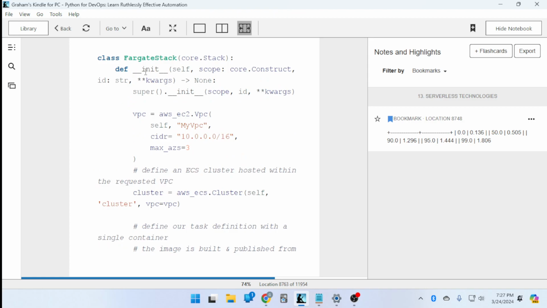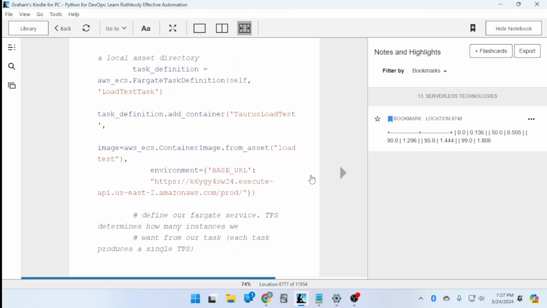So they're typing this out. I think this code is meant to be typed out, or I think this is new code for the book, but